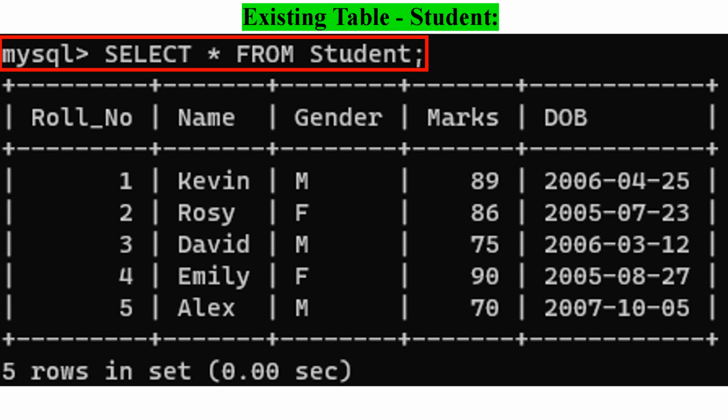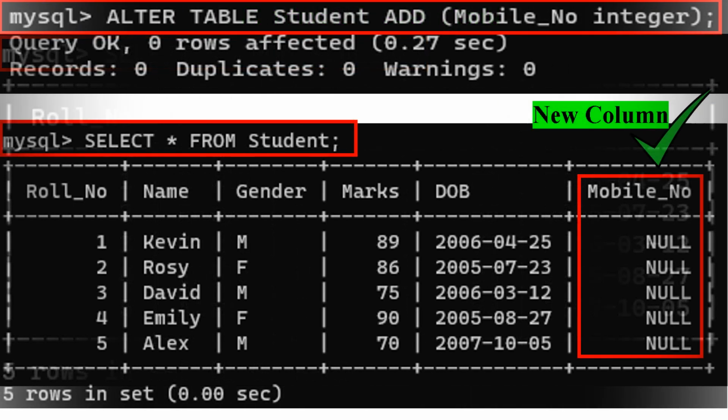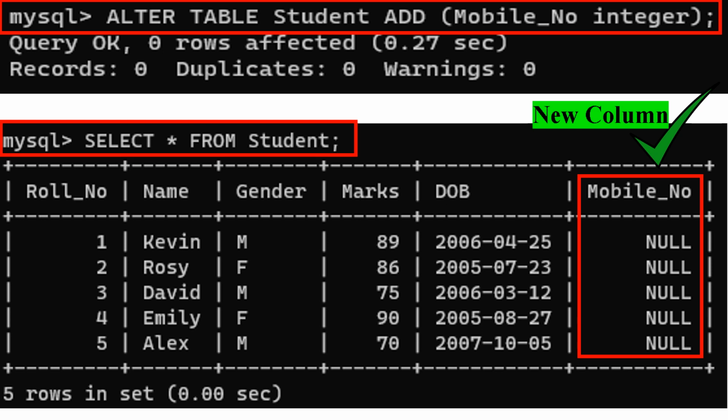To view our table with values inserted, we have to type the statement select star from student; Now, look at the table student here. It has 5 columns named roll_no, name, gender, marks and DOB. We will add a new column, mobile number, to the student table using the alter table command. So, we type the statement in the MySQL prompt as alter table student add (mobile_no integer); Now, to view our altered table, we have to type the statement select star from student;